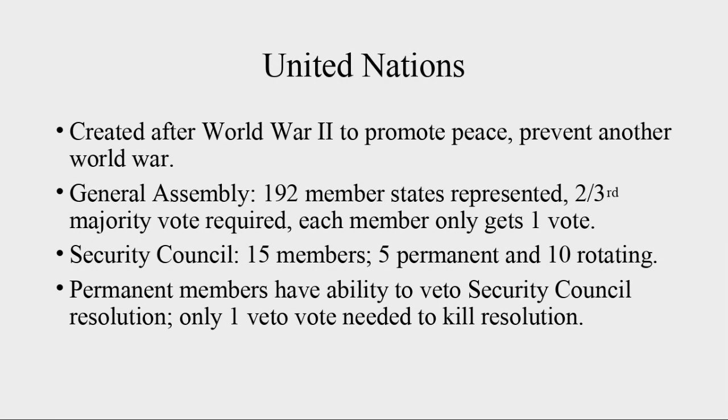It has been criticized as unfair. Why should one permanent member be able to kill something critical? So you need 9 out of 15 to pass a resolution, but only 1 permanent member is needed to kill a resolution. There's also a lot of valid criticism of the fact that the 5 permanent members basically represent the US and Europe. Really not much representation for China, no permanent representation of Latin America, Africa, and so on.